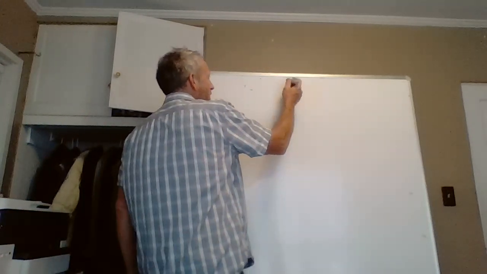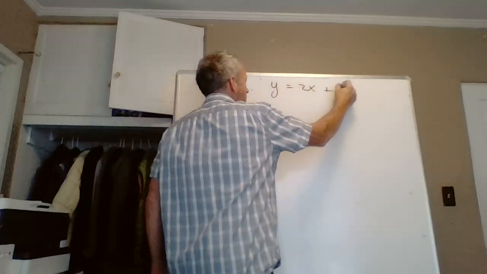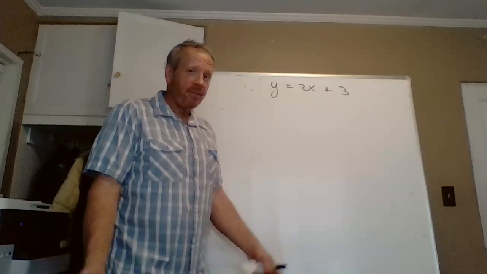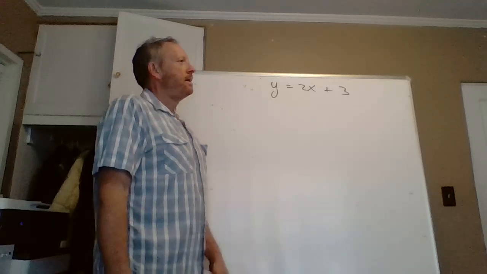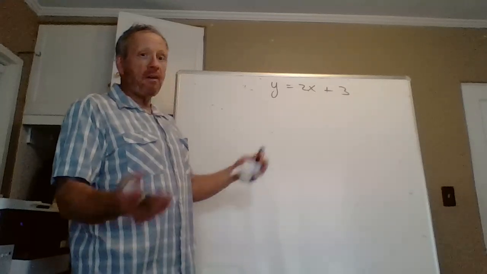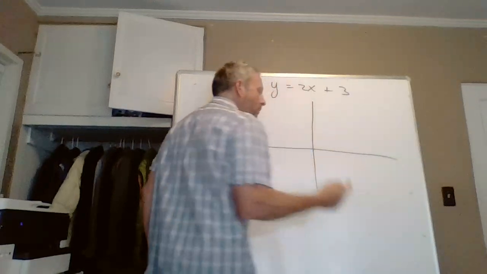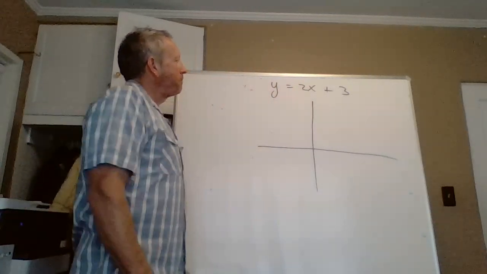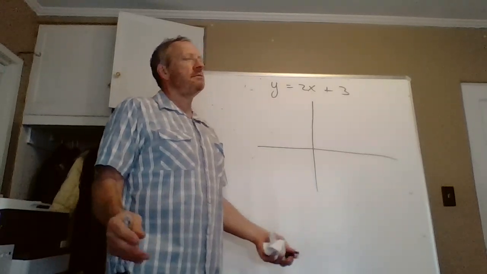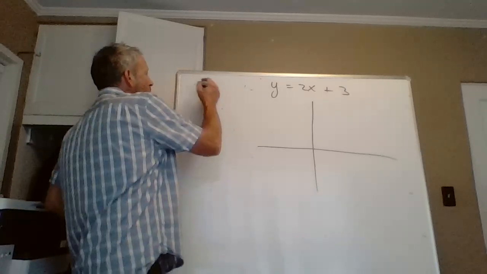Now, let me write down something. y = 2x + 3. That's an equation. It's not a graph. It's not a picture. It's an equation. But there's a connection between the equation and a graph, and also a graph and its equation. And again, I'm sure most of you have done this before, but I want to just do this from the ground floor up. Pick a number, any number. You pick 0. Good choice. Why 0? It's easy. It's a fantastic number. It's easy to deal with. Let's suppose we make x